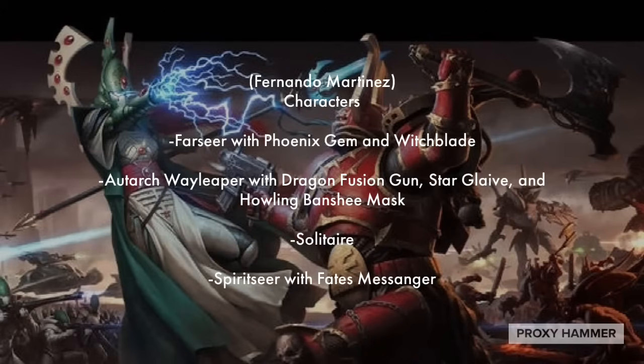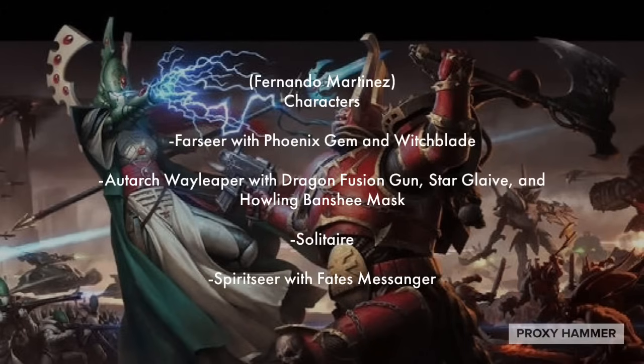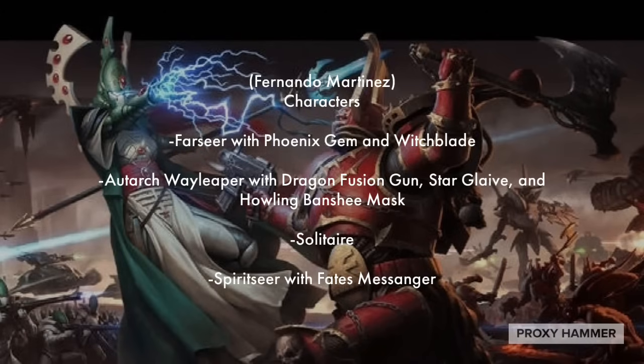The person who brought this list was Fernando Martinez. He brought a Farseer with a Phoenix Gem and Witchblade, which is pretty common, right? You always see that in pretty much every list, the Farseer Skyrunner. That's basically just to make sure that your Warwalkers and so forth can get those extra damaging Bright Lance shots off. Whenever you are running Warwalkers in your list, you want to make sure that you are continuously able to